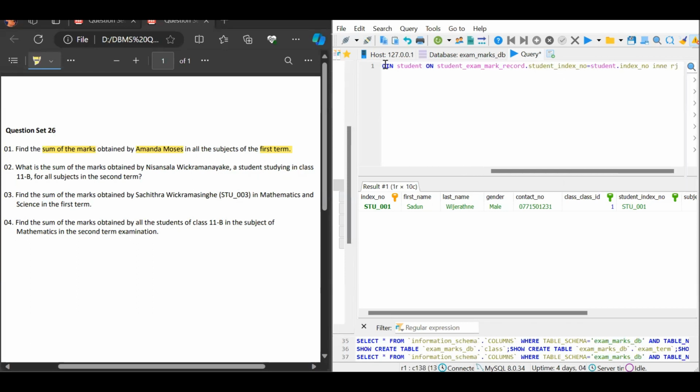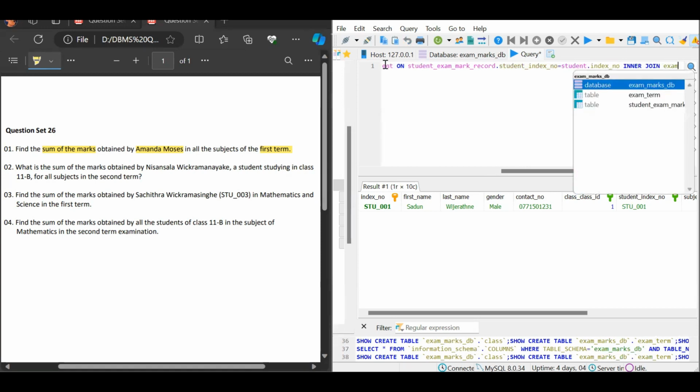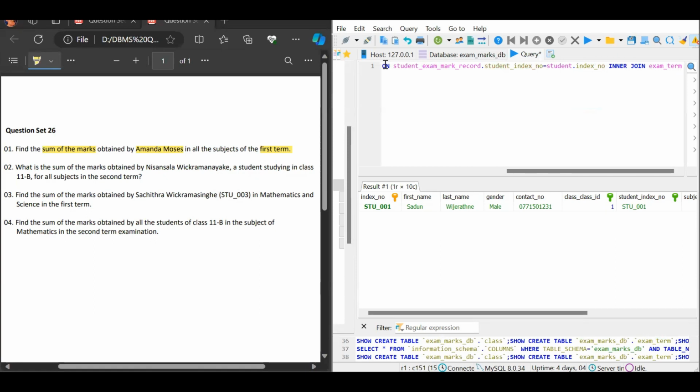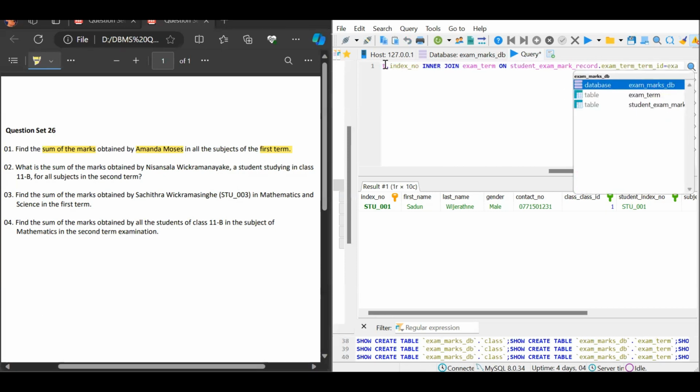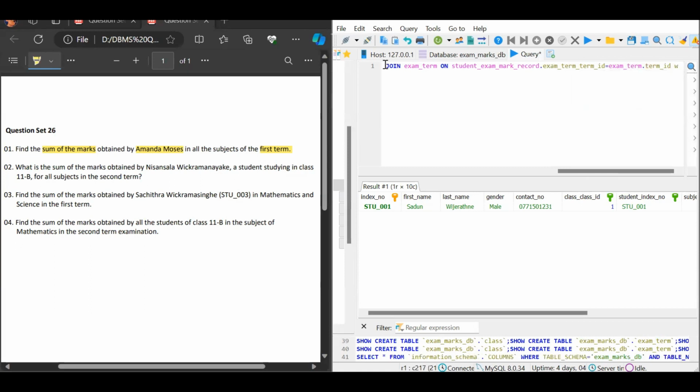And then again we can use an inner join, and let's join the exam term table, as it contains the term names. We can use the on keyword, and then student exam mark record table dot exam term id equals exam term table dot term id. And then at last we can use the where clause, and inside the parentheses we can give term name equals, inside the quotation marks, first term,